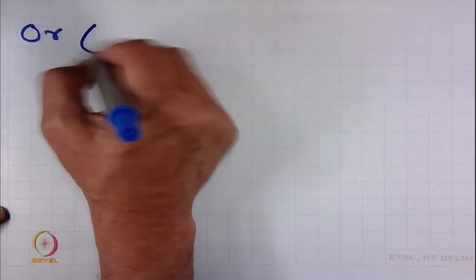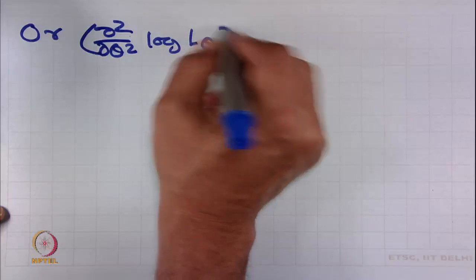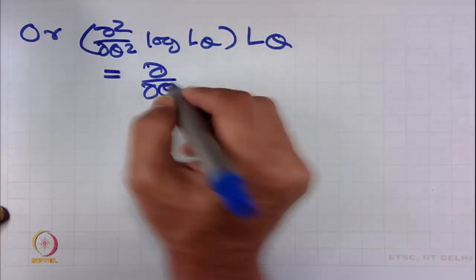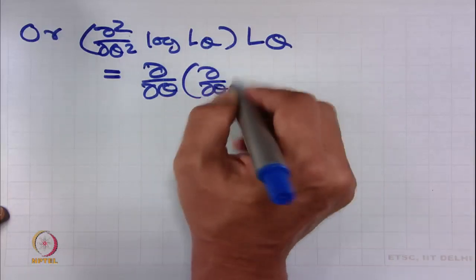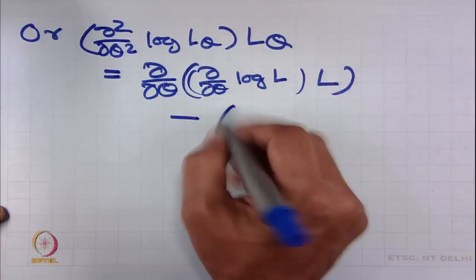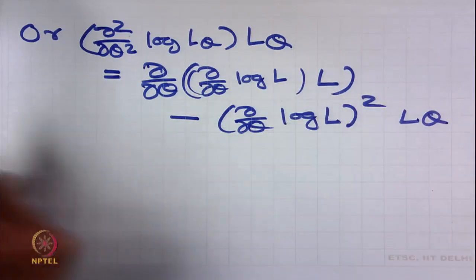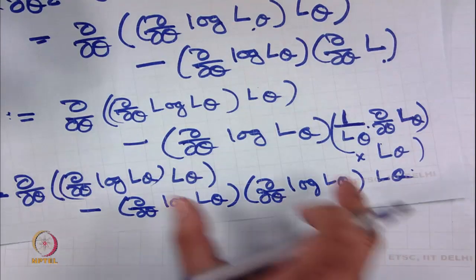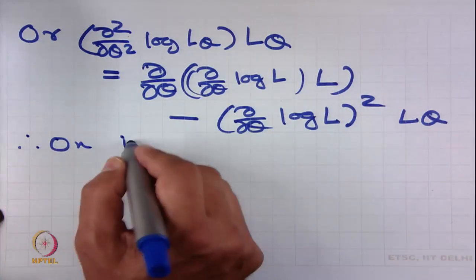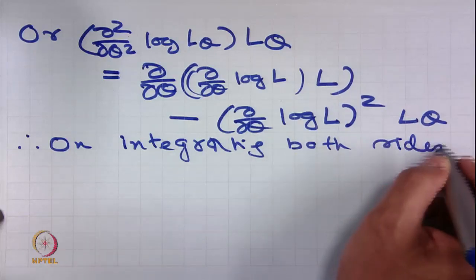Or del square del theta square log of L theta into L theta can be written as (del del theta log L) whole square into L theta. This is coming because it is the same term. So, it is the square of del del theta log L theta. Therefore, on integrating both sides, we have